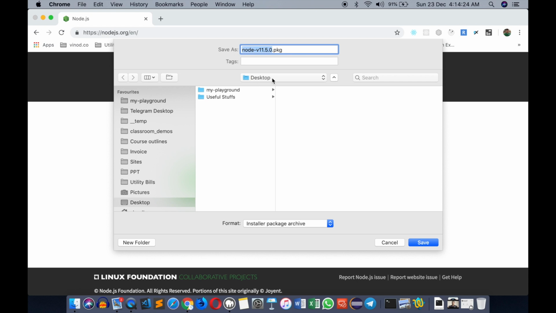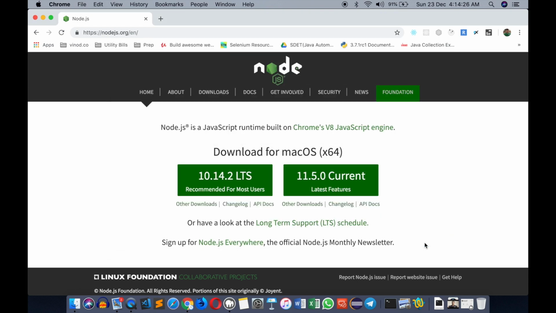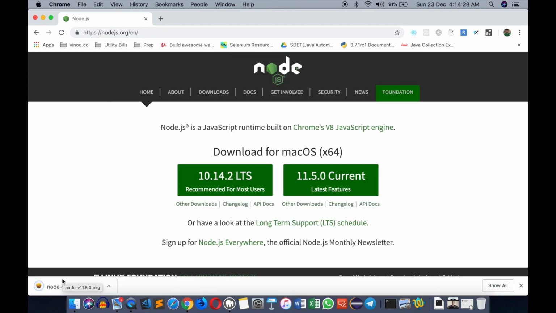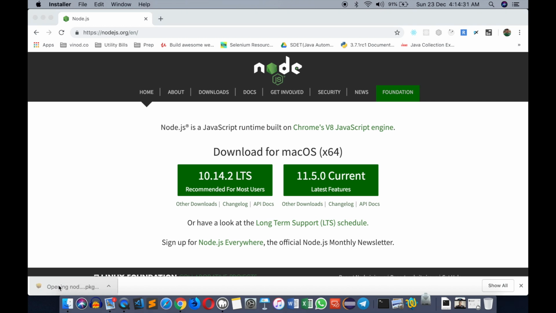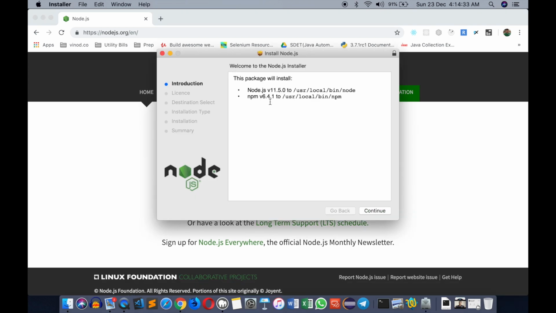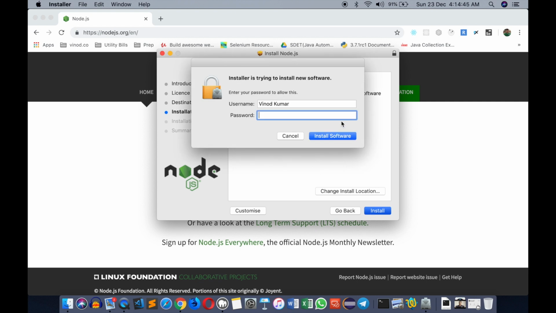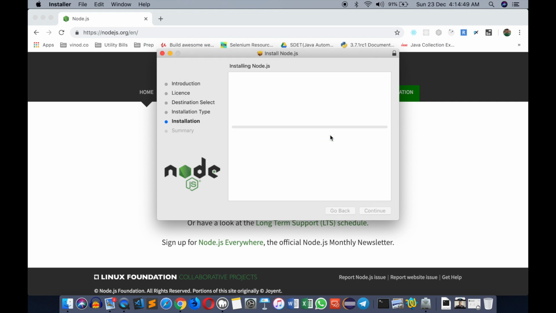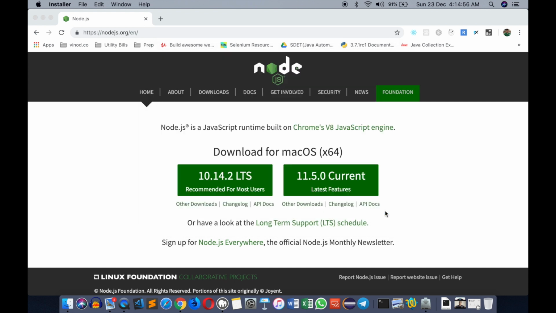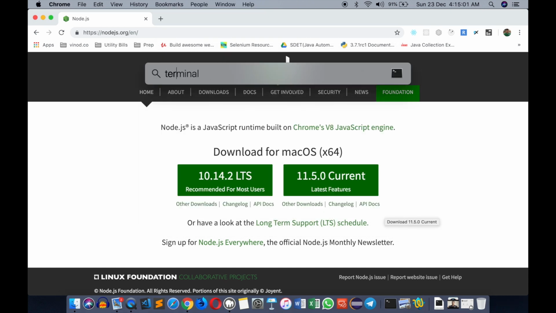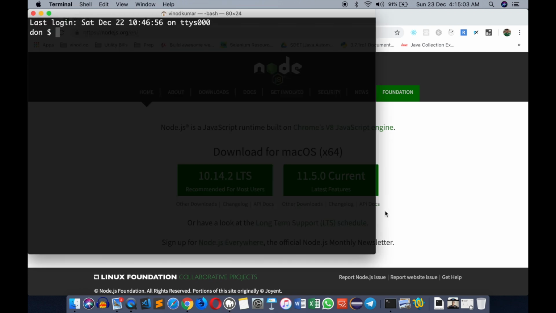Let me save it on my desktop and open that, which begins the installation process. This installation is pretty straightforward. Just go through the default options and that's done. Now to verify, I can go to a terminal or Windows command prompt and look for node